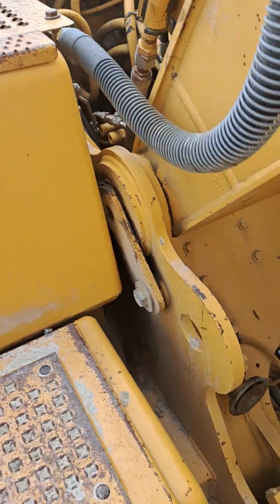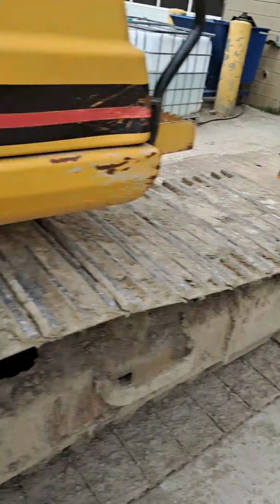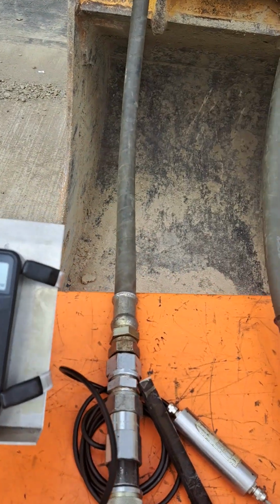I should be able to get just about almost 60 gallons per minute, I believe, up at the attachment line. So just gonna make sure this one is open. So this one's open. The one by the cab window is open. We'll just check. We've got our